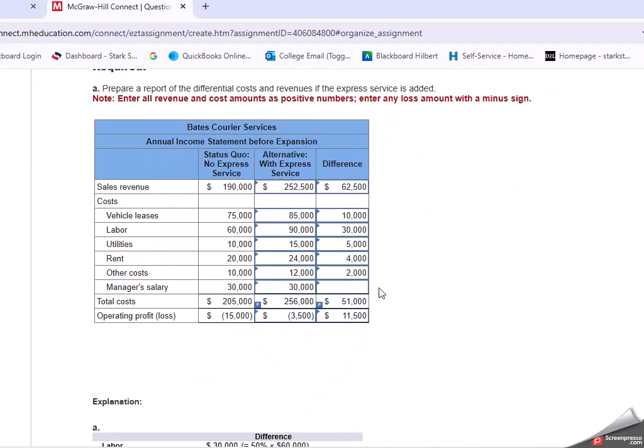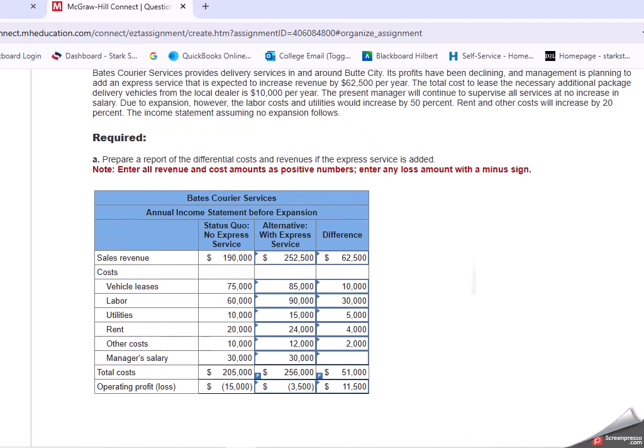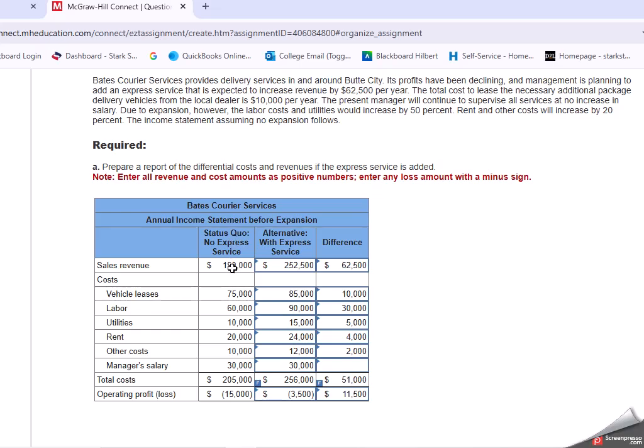Okay, so again, these would be the blanks that you would be filling in. If we look at this status quo here, that's what they'll give you. Then we're going to say, okay, our current revenues are $190,000, but those will increase by $62,500. So we'll add that $62,500, and that is our new revenues with this express service, the $252,500. Our vehicle leases are going to increase by the $10,000, so we'll add that to bring it up to